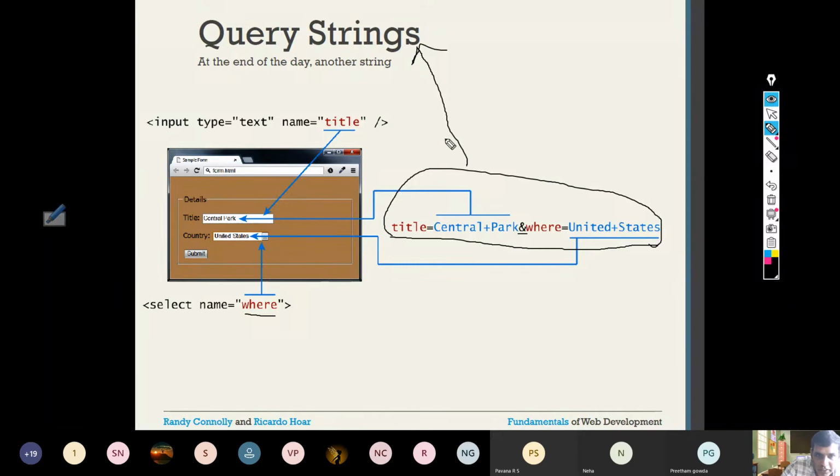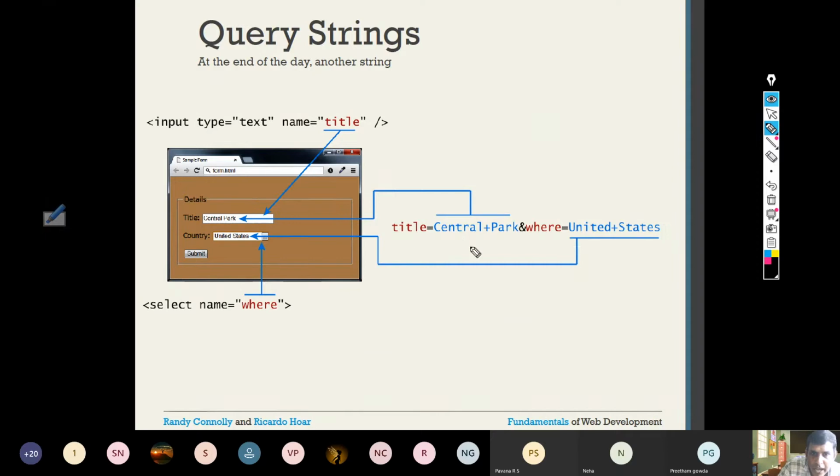So this is known as a query string, and this query string is many times visible here in the URL window. Here it's not shown, but it may or may not be visible based on which method you use, whether you use the GET method or the POST method. Based on that, the query string may be visible in the URL window. If it is not visible in the URL window, then it can be present in the HTTP header that is being sent between the client and server. So hope you understood what a query string is.